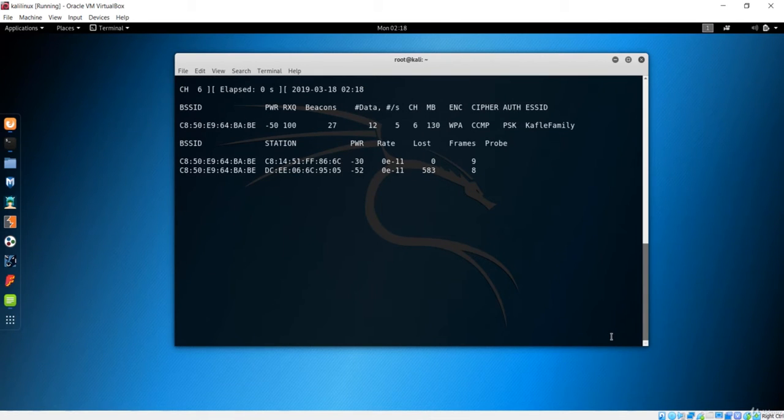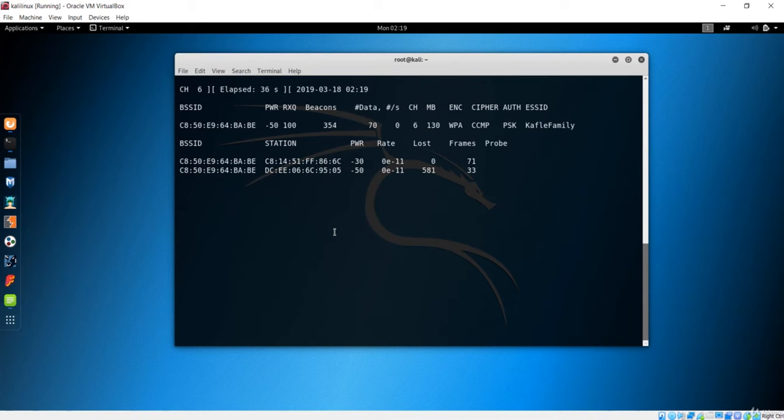it is going to do its tasks. But if you see, we didn't have any handshake packet over here. If there was a handshake between the client and this machine, it should have given information like WPA handshake information right here, but there is no information here. You can see the BSS ID, which is the network, and the client. So that means there are two clients connected to this network. You can clearly see these two clients that are connected. That means this is possible, we can crack it, because there is at least one client.